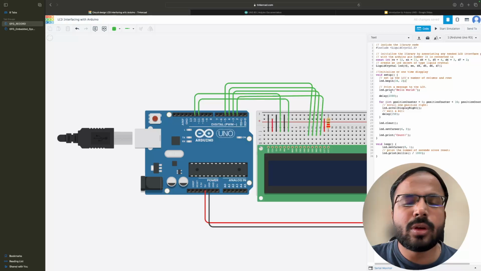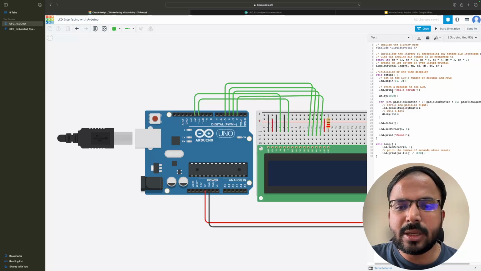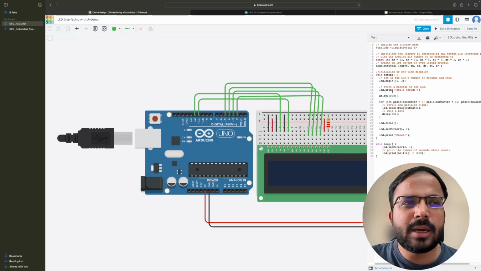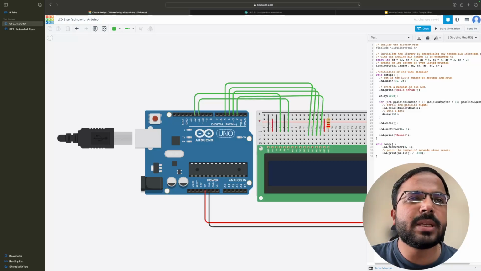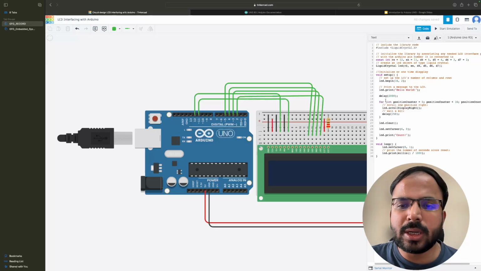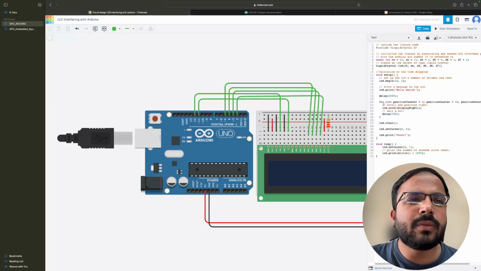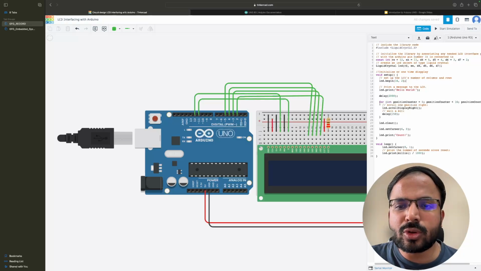Now let's suppose we have to print hello world to the LCD. So we can use the print command of the LCD object. Print is included from the library which we have included at the top, and you can write LCD dot print hello world. Now we put a delay. And if you leave this also, what we are now doing is scrolling. If you want to scroll one character towards the right,